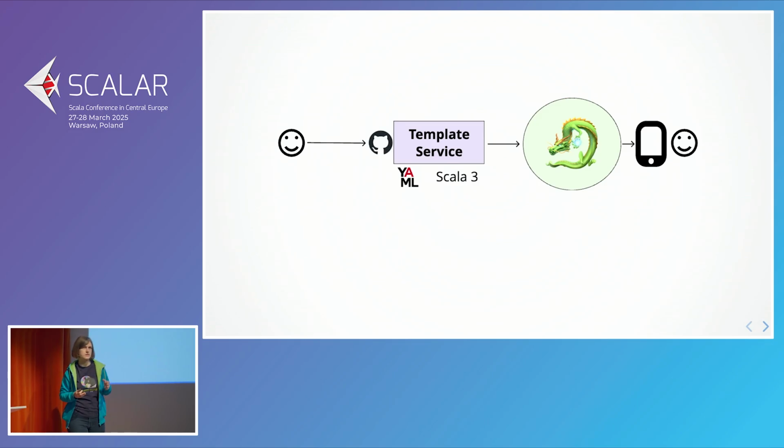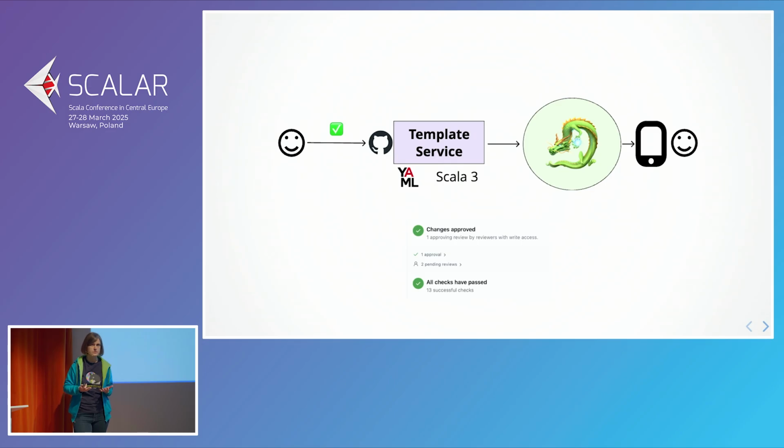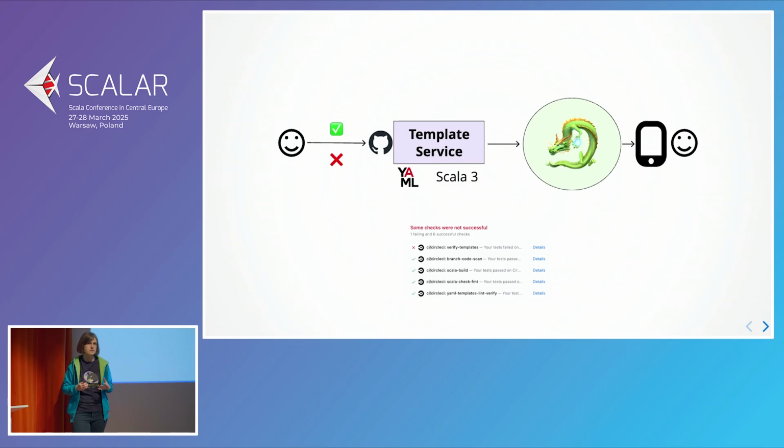So GitHub is something that every developer is quite familiar with. They use it every day. And also every day they use the concept of pull request. So we wanted to use that as well. So when you have a pull request, you can also have some automated checks so that you know straight away if your template is correct. Then you know, okay, you can move on, you can merge it, and then it can live in the system because it's correct. Or you can have this short feedback loop when you know that your template is incorrect and there are some errors you may fix.